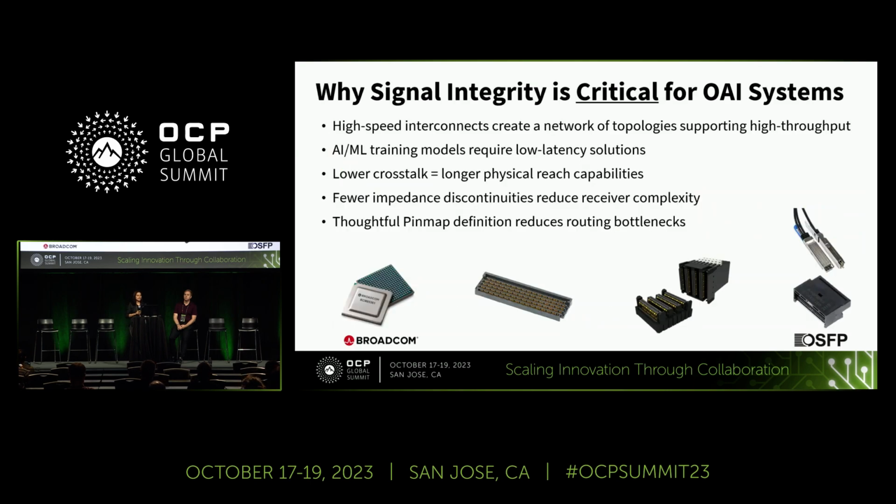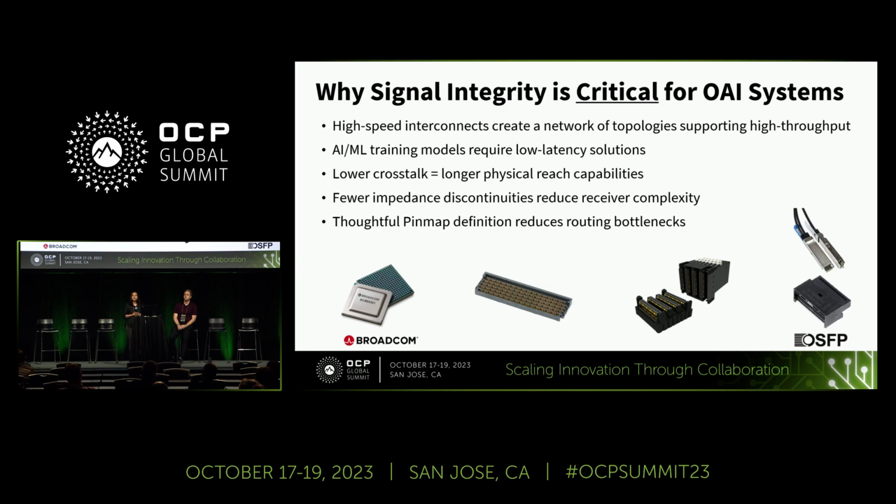So why is signal integrity critical? Like I said, the Grant Teton presentation talked about these points. So it's exactly the same points for the 112 gig, right? If you're having this high speed, because for the AI/ML systems you need the high throughput, you are obviously running into